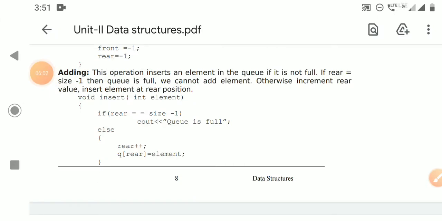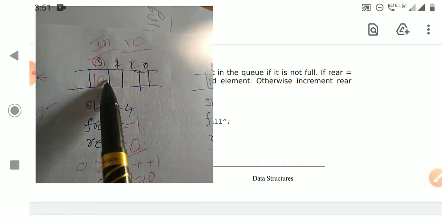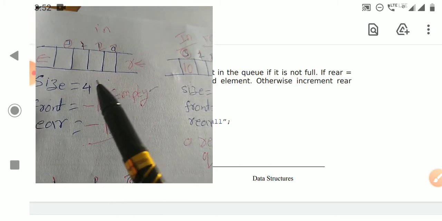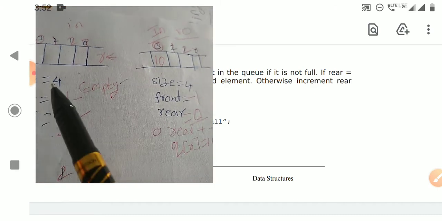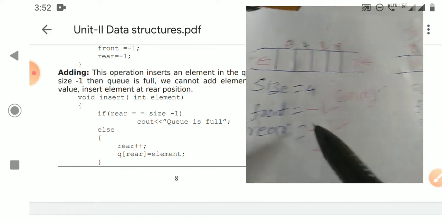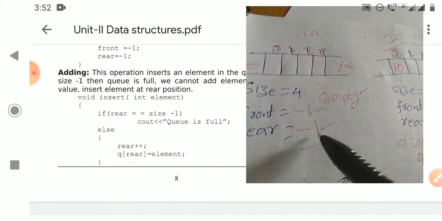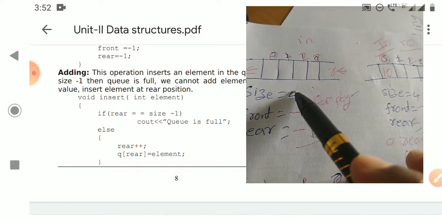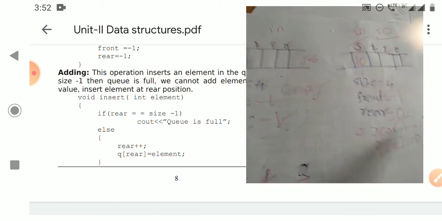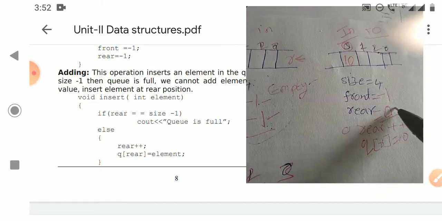Here, when you are inserting an element, first of all you have to check whether the rear value is equal to size minus 1. Size minus 1 is 3. Rear value is -1, so it is not equal to 3. Automatically we increment the rear value: -1 plus 1 means 0.